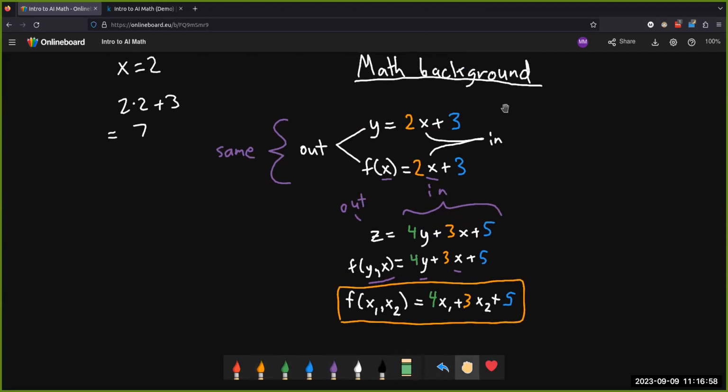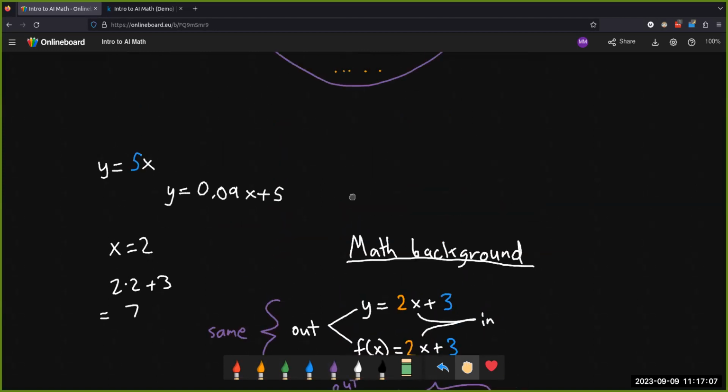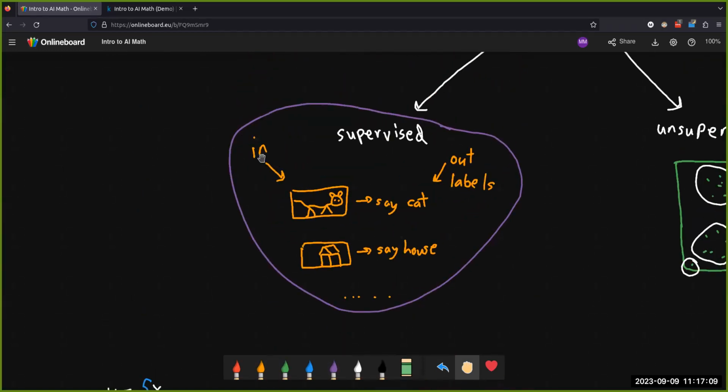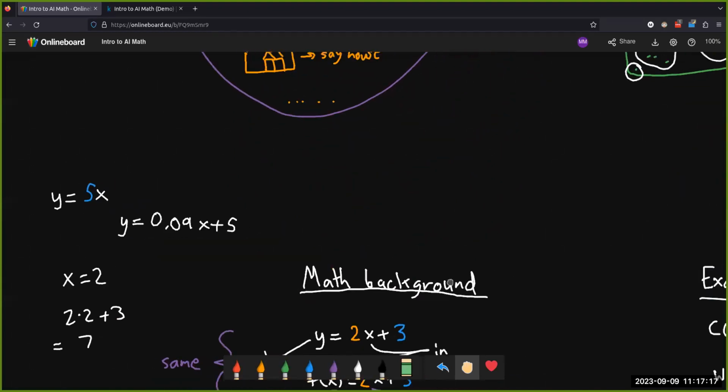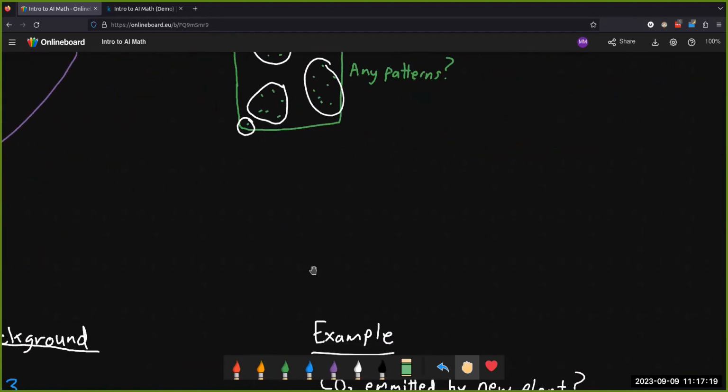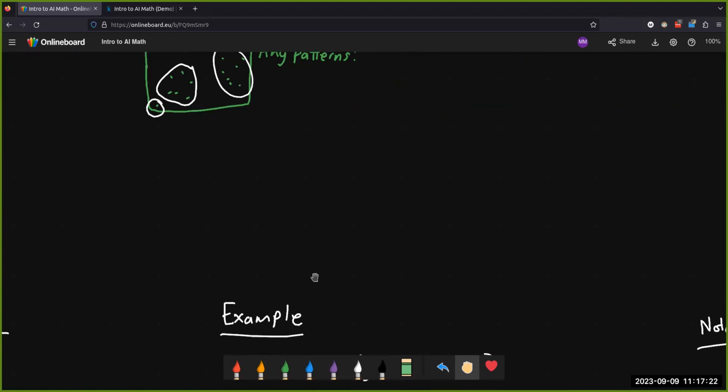So now that we have function notation, this is the notation we'll be using to describe inputs versus outputs. You can see how this kind of thing might be useful for the problem we just set up here. We have some inputs, we have some outputs. We're going to create some kinds of equations that can relate these inputs to these outputs. In particular, let me walk you through an actual example, a real-world example.